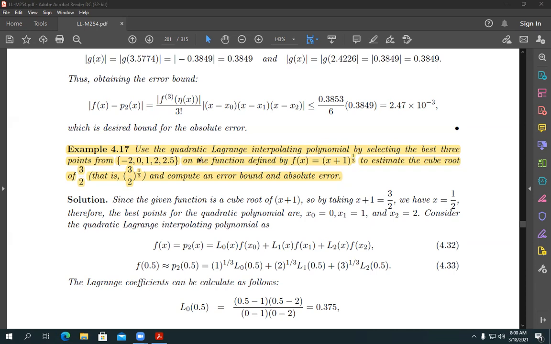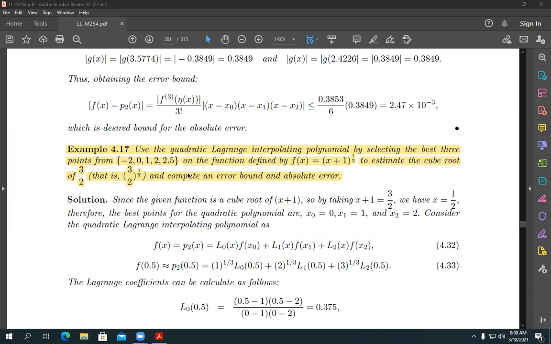Okay, I think last time we were doing this example. As I told you, it is a very good example from the examination point of view. We say: use a quadratic Lagrange interpolating polynomial, by selecting the best 3 points on the function defined here, to estimate the cube root of 3/2. Cube root of 3/2 means (3/2)^(1/3). And then compute the error bound